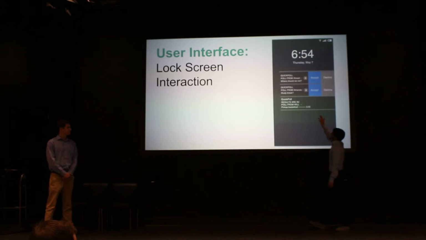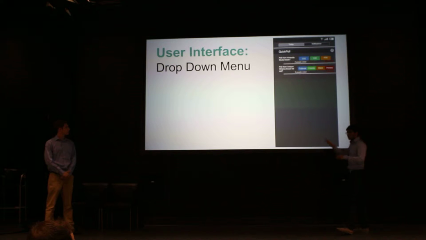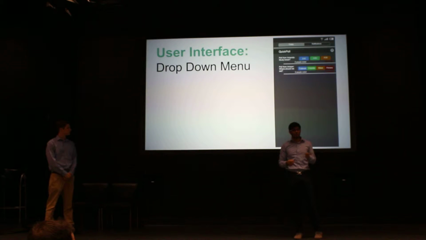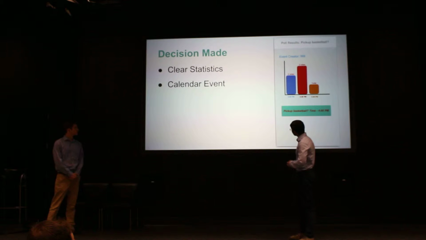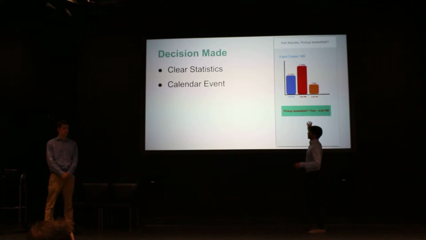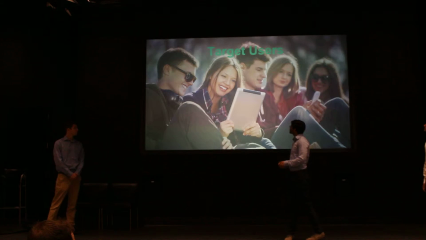And let's say you click accept. Then it'll take you to a widget in your notification center, again without unlocking your phone, and you have all the different options for the poll. You can just click to vote, you can see how many people voted, and you see that time urgency so you know you need to make a decision. So once a decision has been made, the poll has been closed, then you get a clear graph of the distribution of votes, and you also have the option to integrate it to your calendar so you're reminded when the event actually comes to the poll.